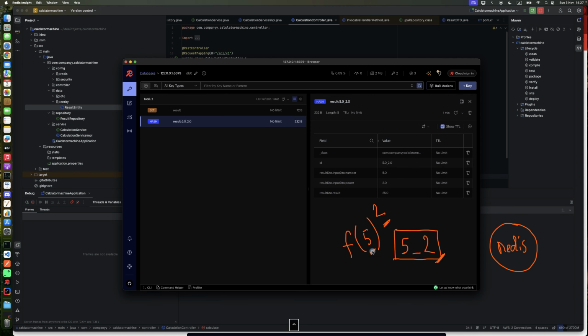If we have only this for key, we are not sure what power the user used for a parameter, and it will not be right to have only this key. We need both of these concatenated, because we can have the same result 25 but with different inputs here, and it will not be correct to return